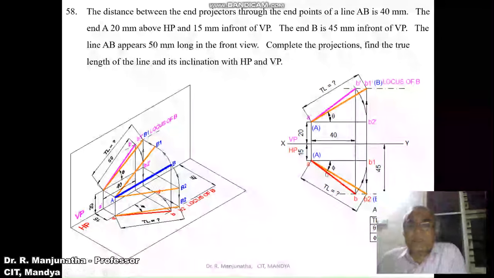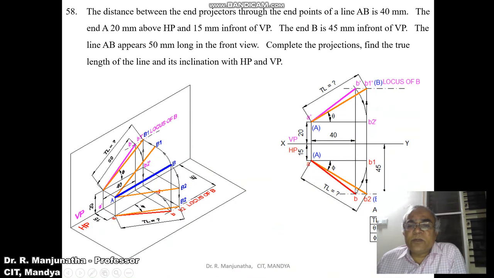So as we know, this is the top view point. So actually the front view should lie on this line only. By using the compass with A dash as center, taking the radius of 50 mm, draw an arc on this end projector line, so that you are going to get this point B dash. Then draw a horizontal dash-dot line, which is going to be the locus of B in the front view, and mark it as locus of B in the front view. Then join A dash B dash with a dark line.